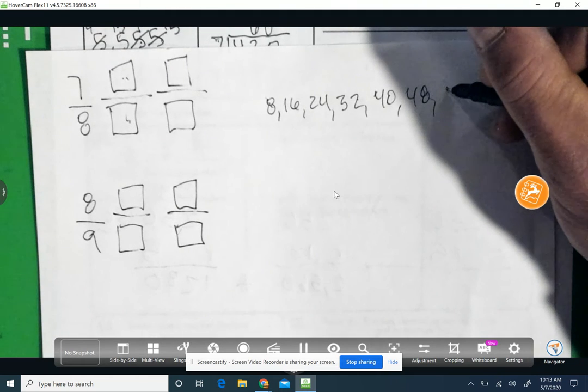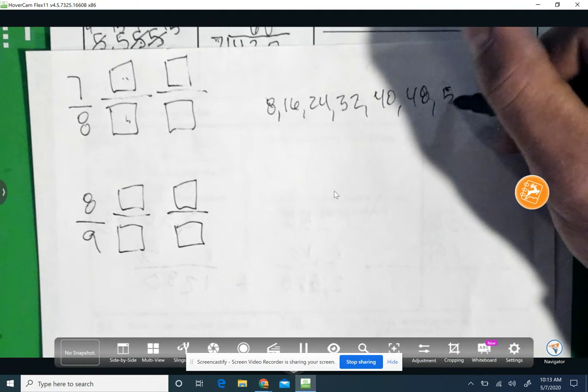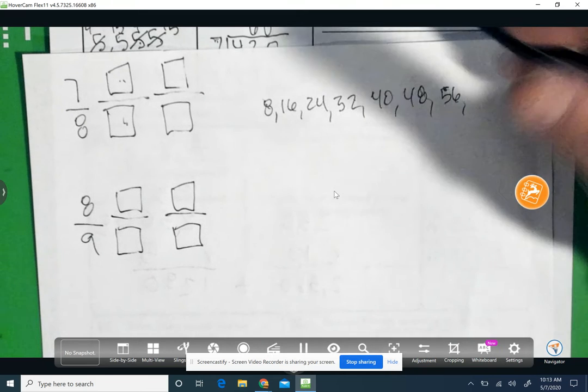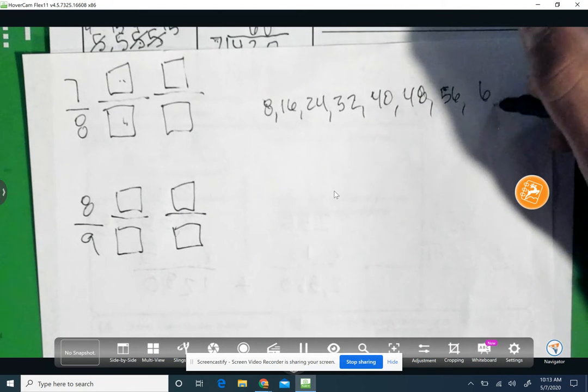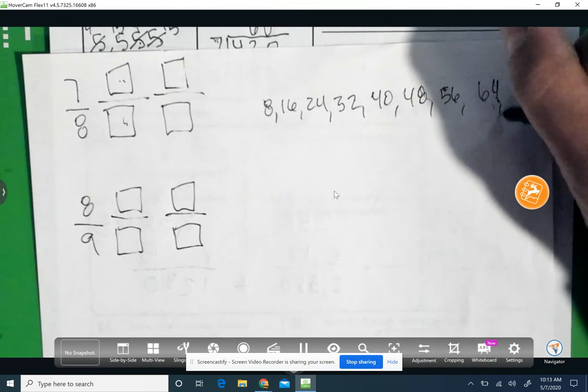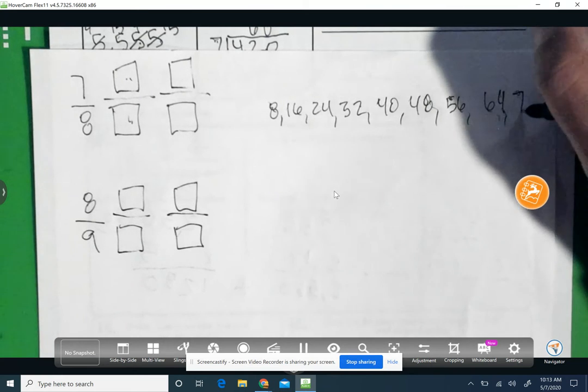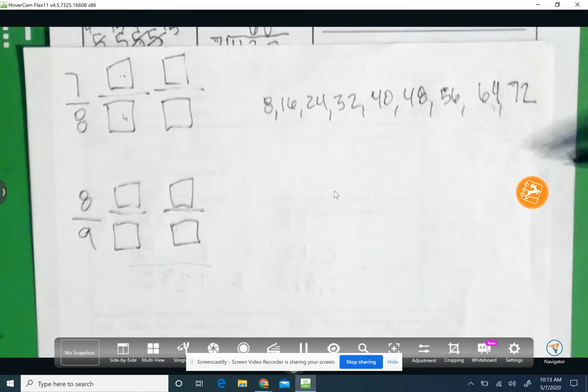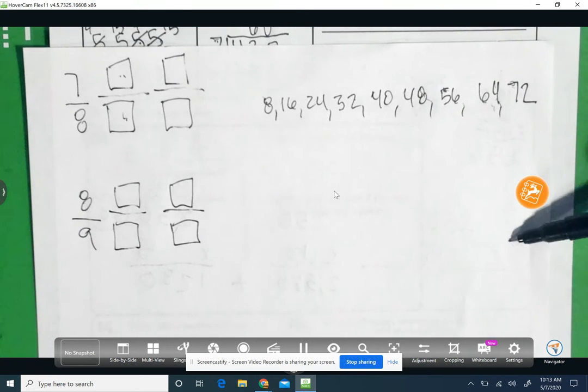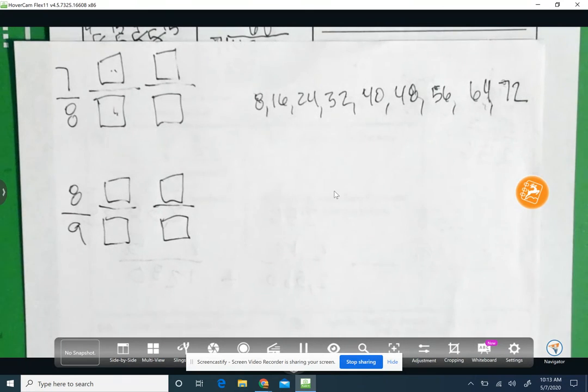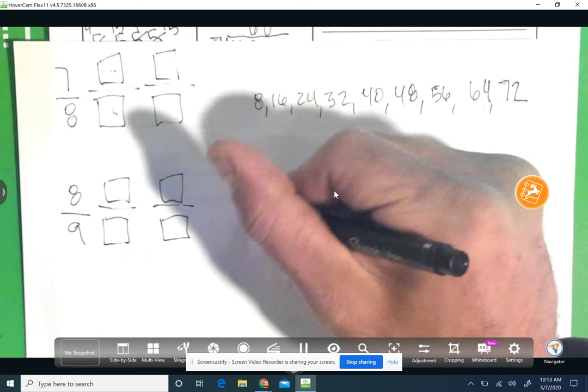We're now going to go 56. Then we're going to go 64. Still nothing. Now 72. I think 72 is also a multiple of 9. So it looks like we're going to end up with a denominator of 72, but let's list our multiples of